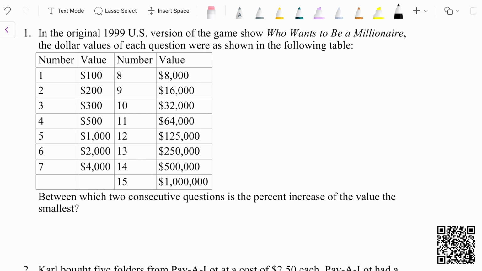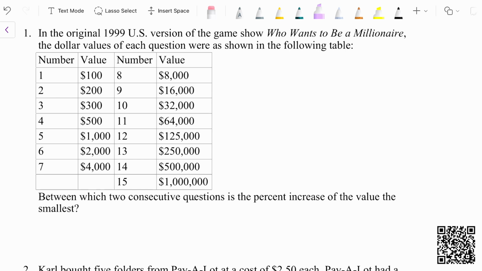Today's first question is, in the original 1999 US version of the game show Who Wants to Be a Millionaire, the dollar values of each question were as shown in the following table. So, when you first glance at the table, between which two consecutive questions is the percent increase of the value the smallest? But when you first see the table, you can see that the majority of the numbers are doubled